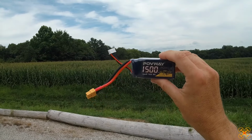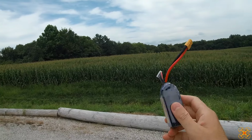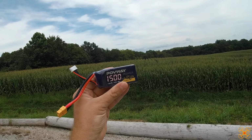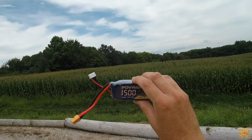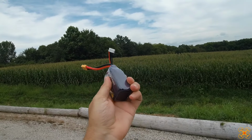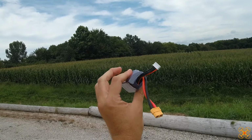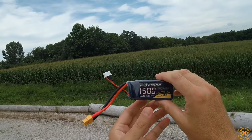I'm going to do a battery review today. There's not much you can do on a Lipo review, but I was offered this Povway 1500 milliamp 4S 80C racing drone battery for a review, and I thought, well, I can do that. It's not going to be difficult, but there's not a whole lot I can tell or show you guys except for how it flies. The battery charged up just fine, so we'll see how it actually feels to me